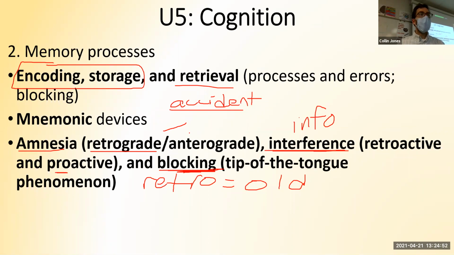Retroactive interference, you're forgetting the old. Yeah, so the new thing is interfering. Yeah, the French you're learning now is interfering with this old Spanish. Yeah, that's the idea of interference. There's new information, there's old information, and they're getting in each other's way.